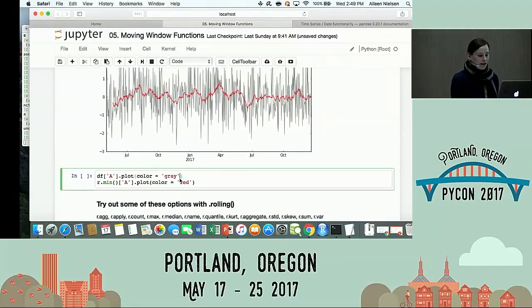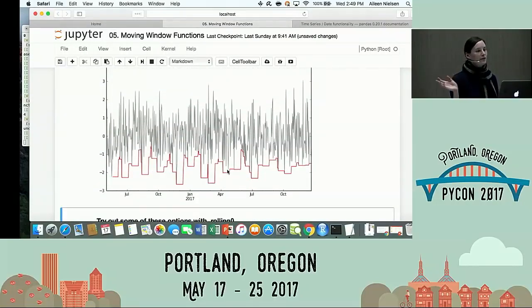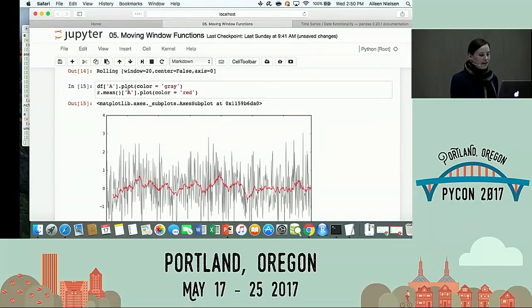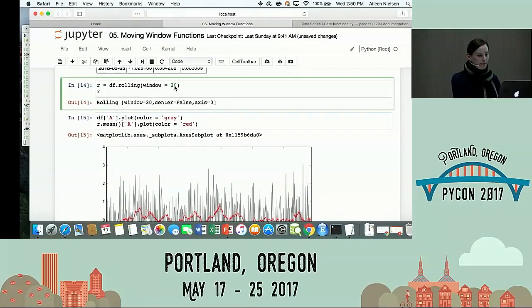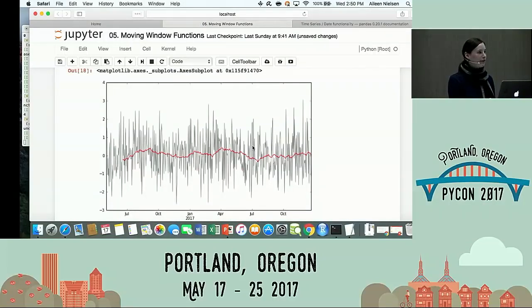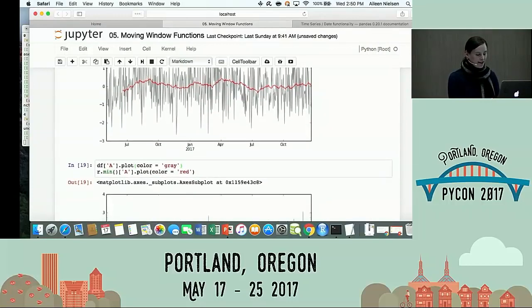Okay. What if I want to look at the min instead? I can do that too, right? I can do any sort of function. I can put in a custom lambda function if I want. One interesting thing here, look, my rolling mean is sort of jagged, right? Because it's still only an average of 20 points. They're still fluctuating enough that I see jumps, but it's fairly smooth. And I can certainly smooth it more by just making my window a lot bigger. The bigger my window gets, the smoother my average is going to get because each data point is less important. On the other hand, there are certain functions I can do like this.